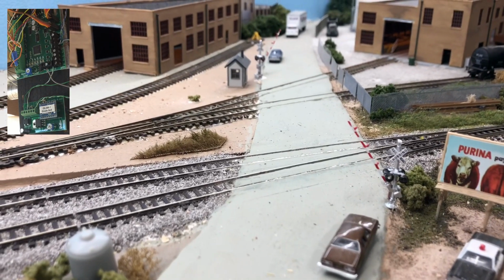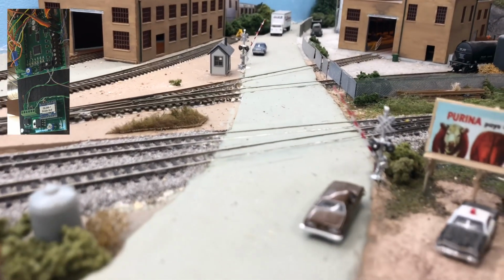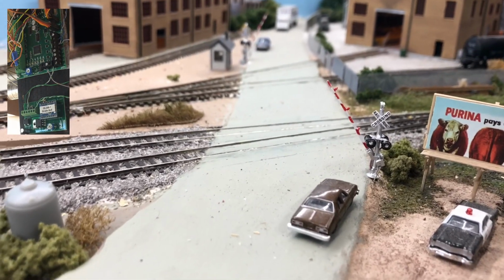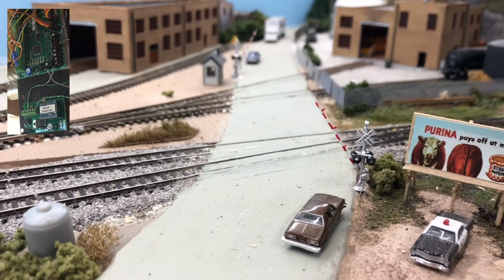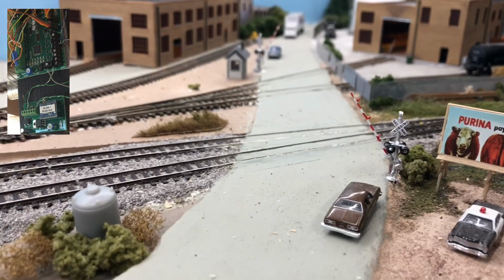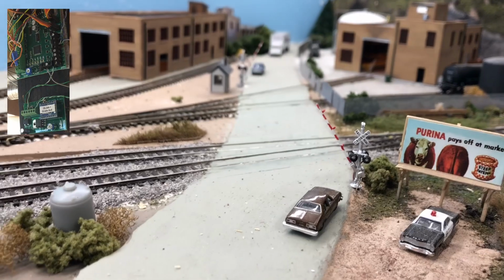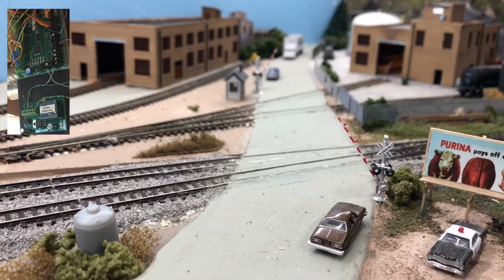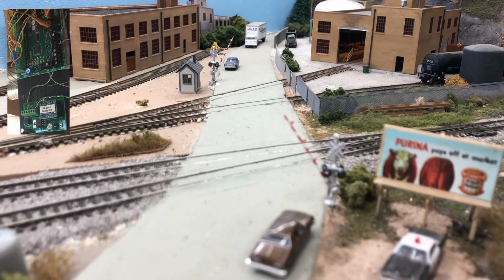So that's where I'm getting all the sound from. The last element is the sensor control from the Azatrax board, and these boards are made to be programmed in many different ways, and also set up in many different ways with different amounts of sensors. This particular board that I got works for one pair of crossing gates like what you see here,